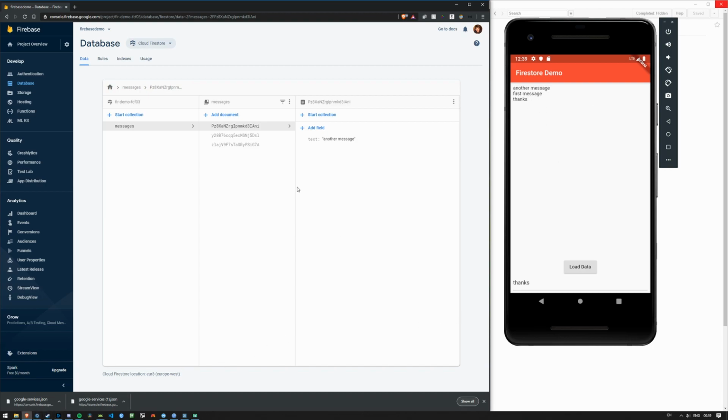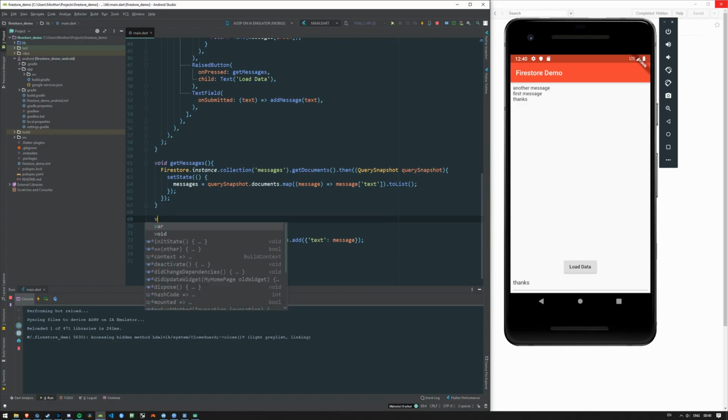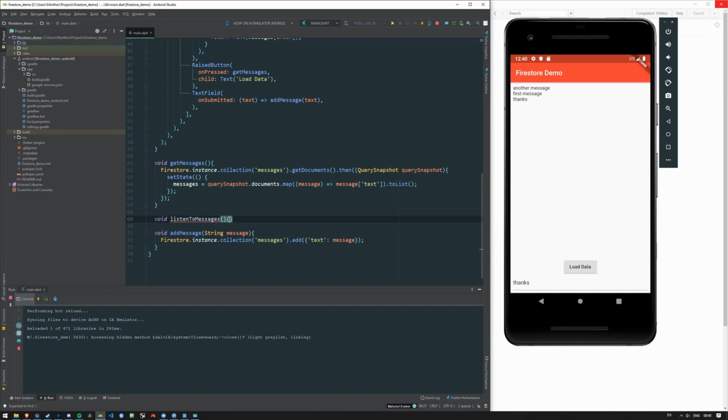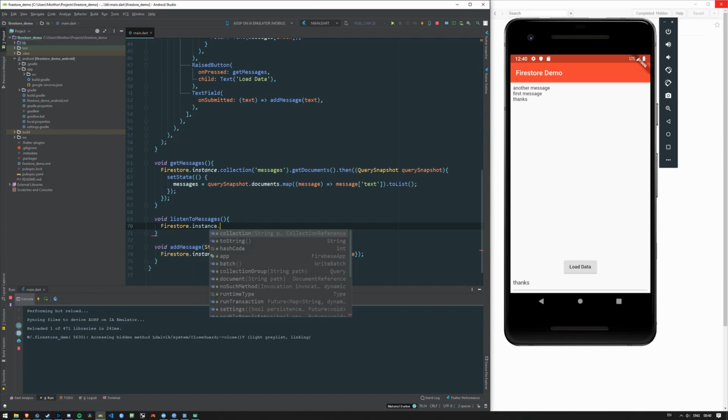So now this is not the fun part of Firestore. The fun part of Firestore is that this is a real-time database that does push. So we'll be able to add messages and have them instantly show up in our app. And that's what we're going to do right now. So I'm going to add another method here, which is going to be listen to messages. And I'm going to do the same that we've done before, collection